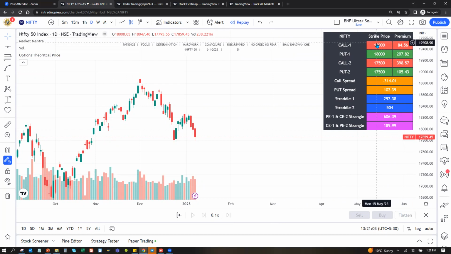So this is for 18,000, and this is for a strike of 17,500. Now call spread क्या होता है? Call spread is your first call minus your call 2. Let's say I buy at 85 rupees and short at 398. Okay, so this is the value.